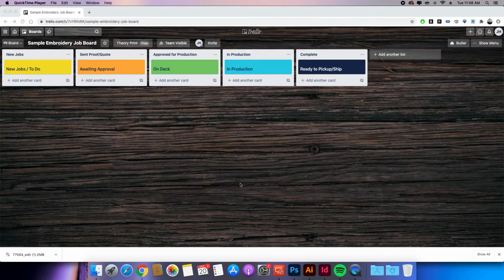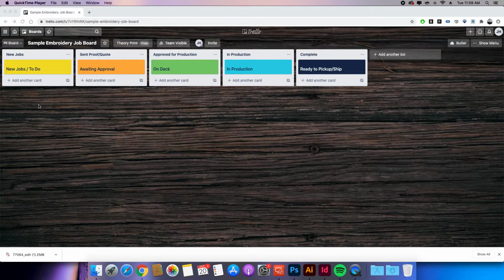I wanted to show a quick tutorial on how I use Trello to track my jobs. So what you're looking at is called a Trello board, and within that board we have 5 different lists. That's these here. They are fully customizable. You can set it up however you would like to. This is just a quick, easy example. It could be more or less complicated than I have it here, but these are kind of the basic ones